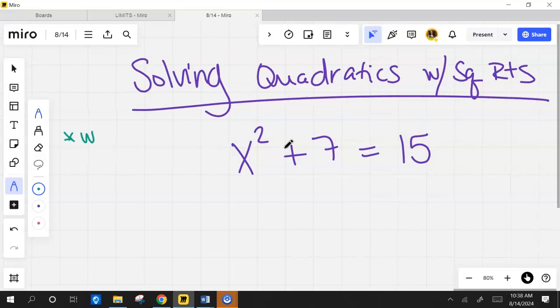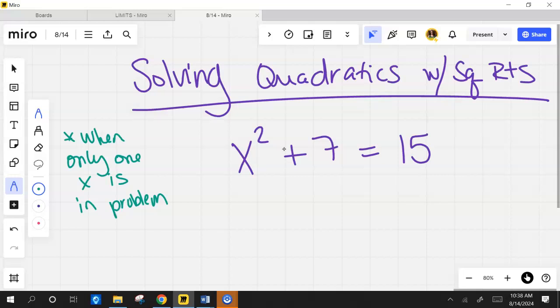When you only see x one time, either you see only one x or you can get it down to where there's only one x in the problem. You always, from here, I'm going to say, or get one. And I'll show you what I'm talking about. You always want to